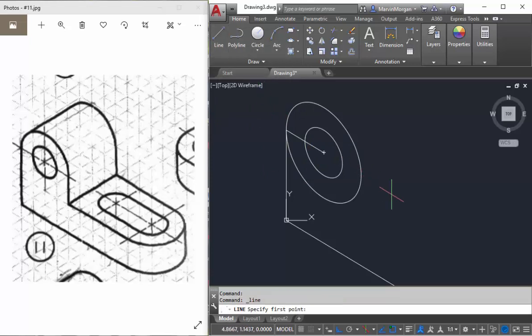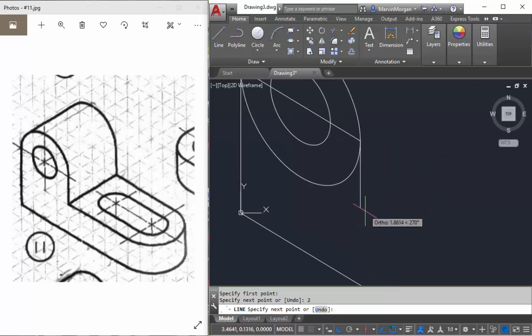Next, I will use my line command, and I can actually continue going in this direction 2 more units, and then come in a downwards direction. This down direction will be a distance of 2, because right now I'm at the center point, so I need to go down 2 squares to this location. So I type in 2 and press enter,